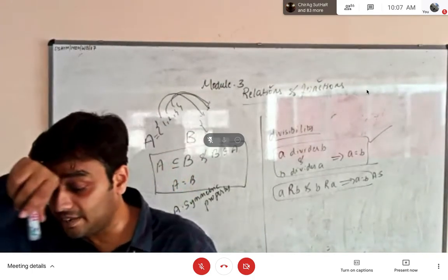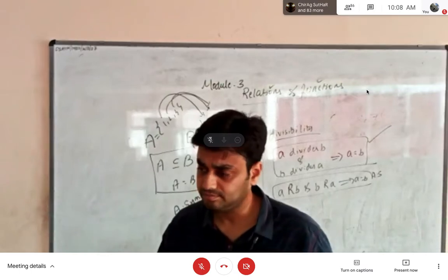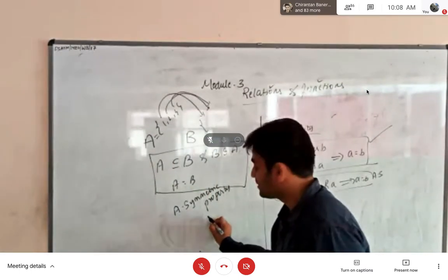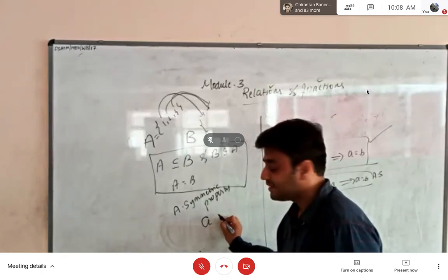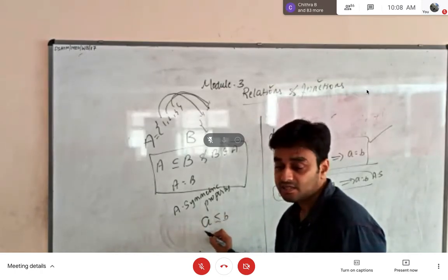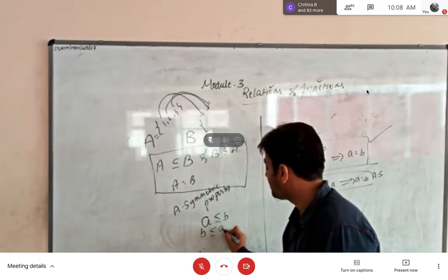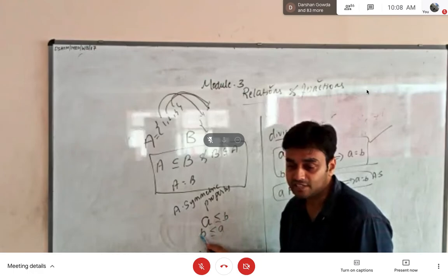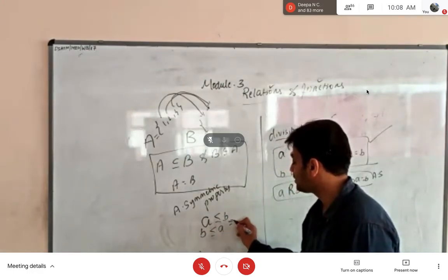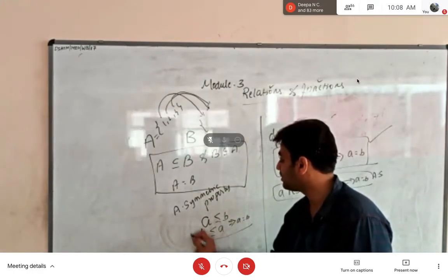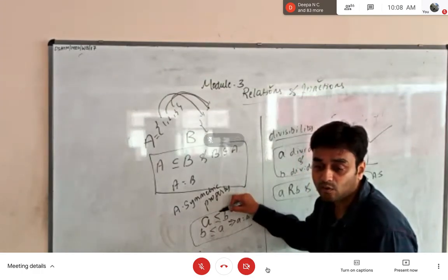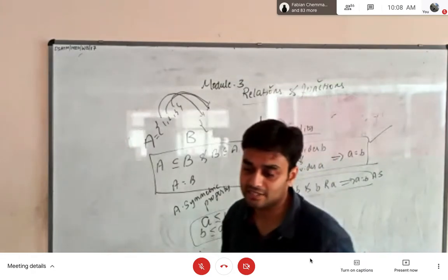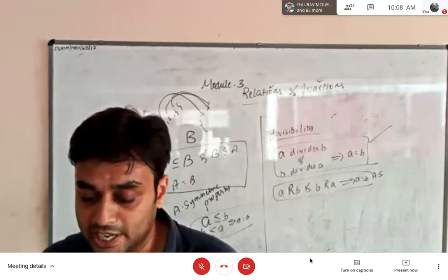Okay, so similarly, you can give the example of less than or equal to. Say, for example, A is less than or equal to B, and similarly B is also less than or equal to A. When is it possible? It is possible only when A and B are equal. So don't look at only less than. What I have told is less than or equal to. Fine. So similarly, you can say greater than or equal to, and you can give the example of multiple of.